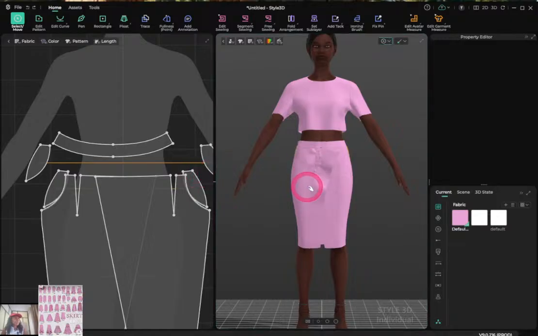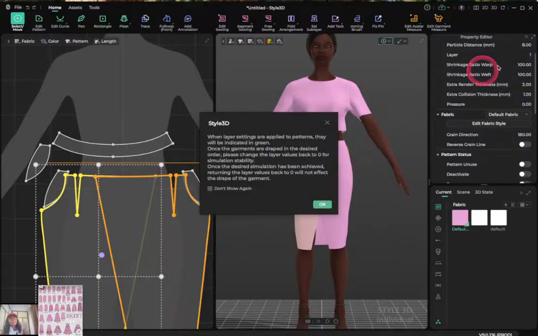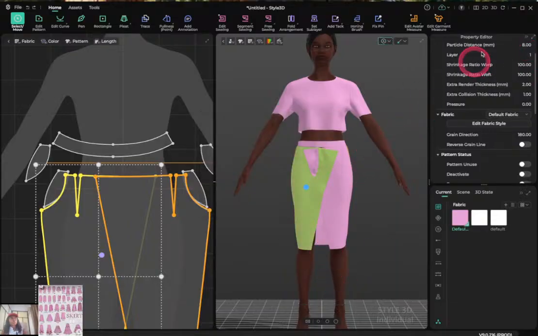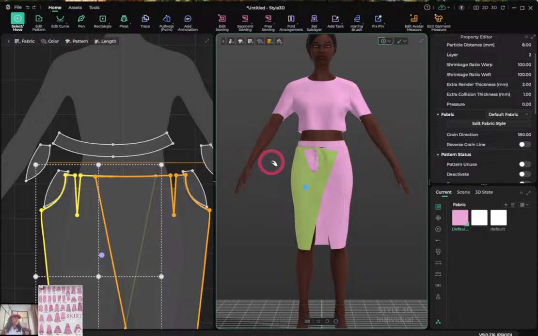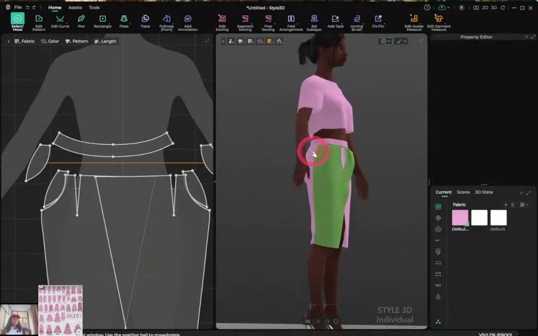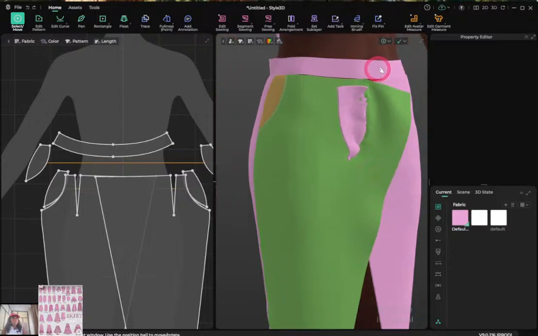I'm going to make this side the top side, so I'm going to give it layer 1, actually layer 2, because the pocket is already layer 1, so I gave it layer 2 instead. This is layer 1, this is layer 0. So after that